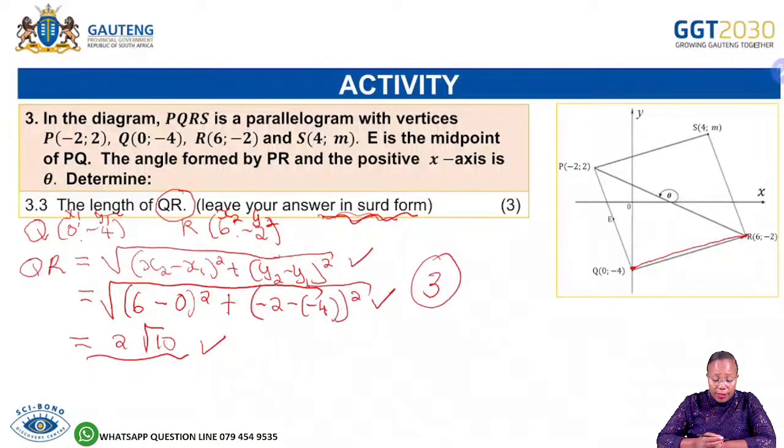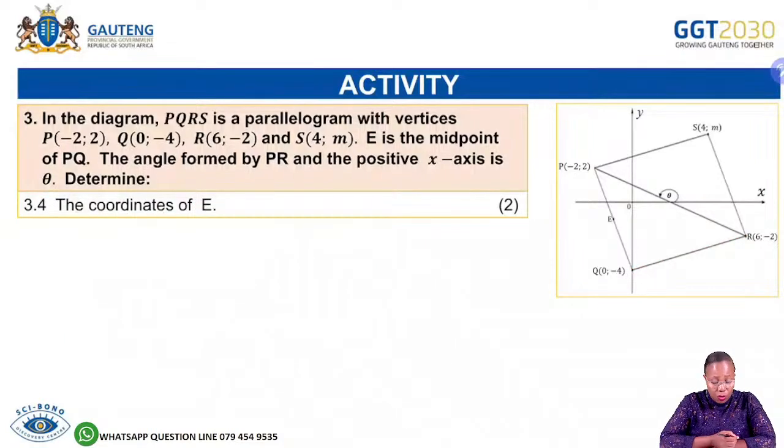Grade 12, next activity. We are still on question number 3 and 3.4. We need the coordinates of E. Remember that it is indicated that E is the midpoint of PQ. Now determine the coordinates of E. That means the X and Y value of E, as being the middle point of PQ. Okay, so now we need the coordinates of P,